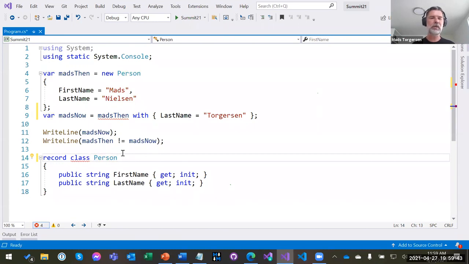It means the same; I'm just being explicit about the fact that this record is a class. But we're also going to allow you to say record struct. And that means, yes, it's a record, but underneath it's a struct instead of a class. We do essentially the same recordy things to structs as the C# 9 records do to classes, and so we give you a way of distinguishing it in syntax.